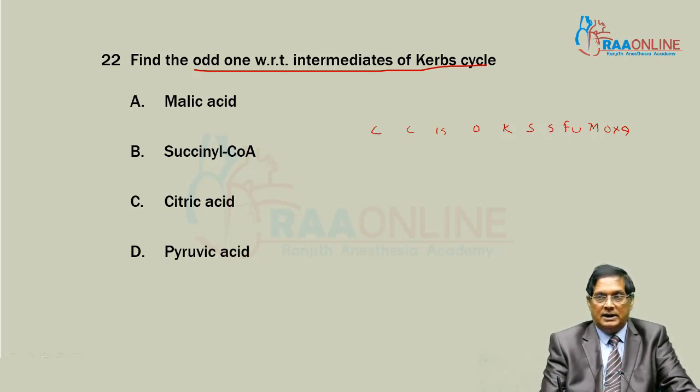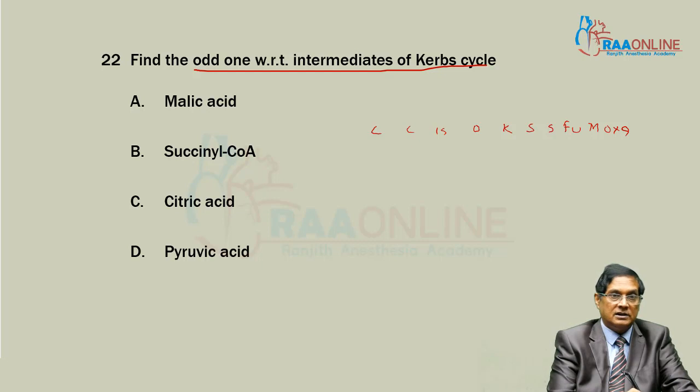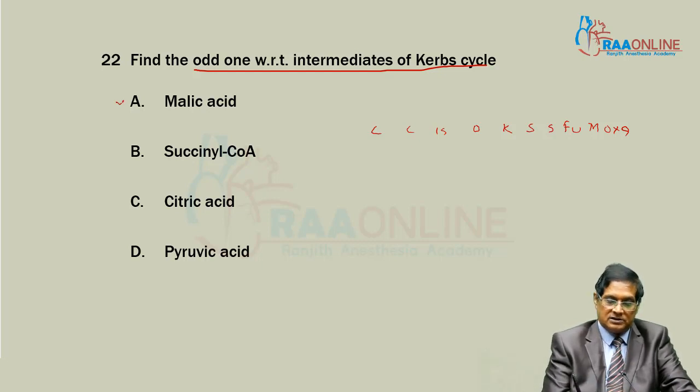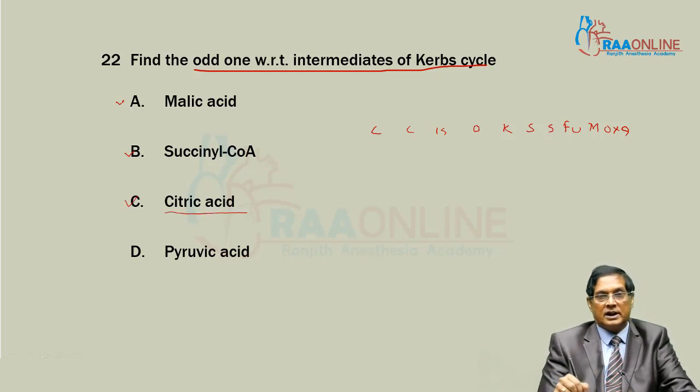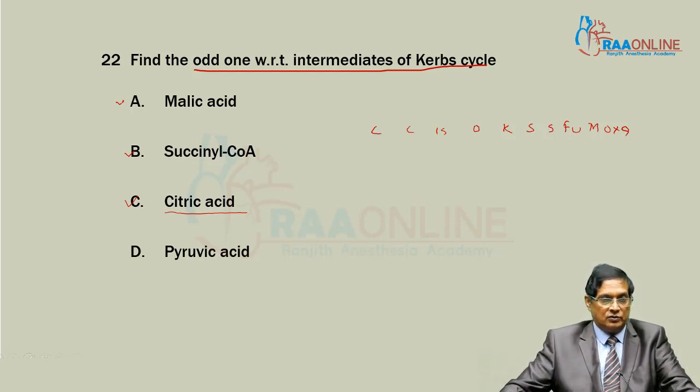M for malic acid, this is a Krebs cycle intermediate. S for succinyl coenzyme A, a Krebs cycle intermediate. Citric acid is the first product of the Krebs cycle. Then where is pyruvic acid? So pyruvic acid is odd with respect to